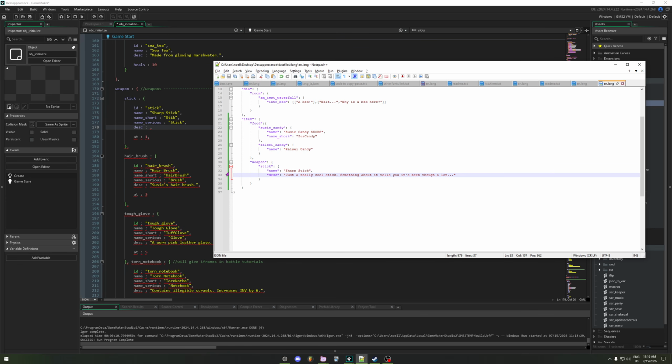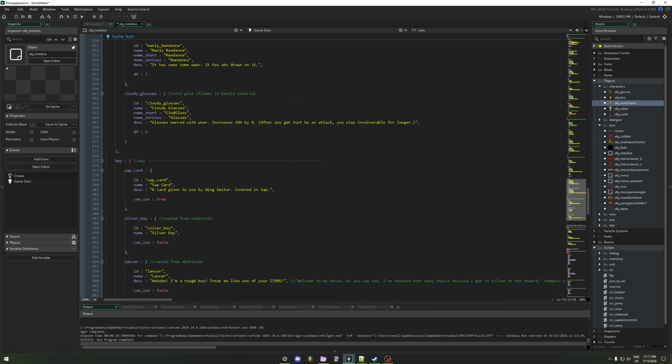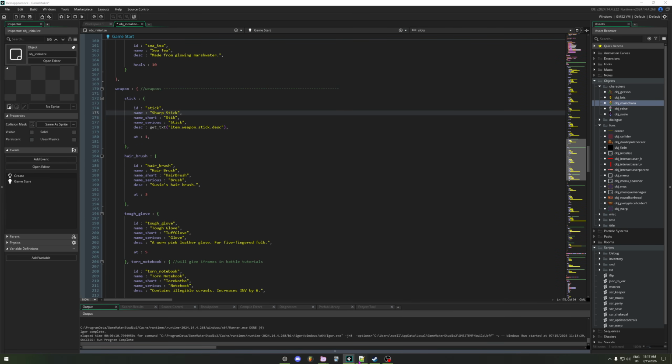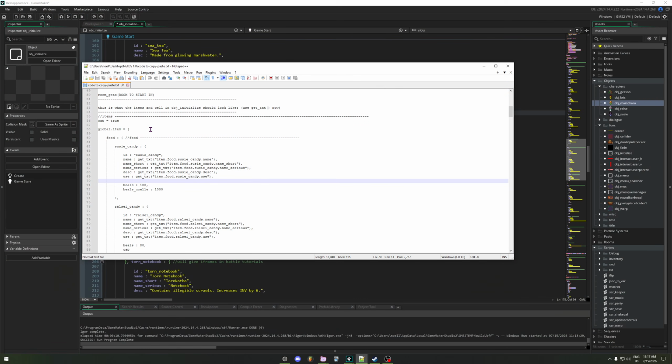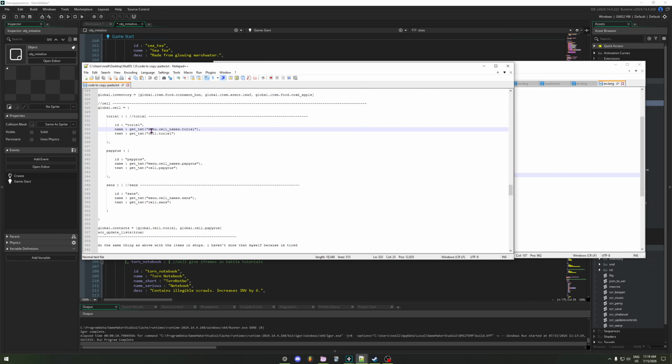Anyway, and then go down here, and get underscore txt. Then we want to look for item dot weapon dot stick dot desc, right? And same thing up here for name, but I'm not going to show all that. Just know that's what you're going to need to do for replacing all your item text. Same thing for key. Okay, and also as you can see, we're also going to need to do the same thing with all the